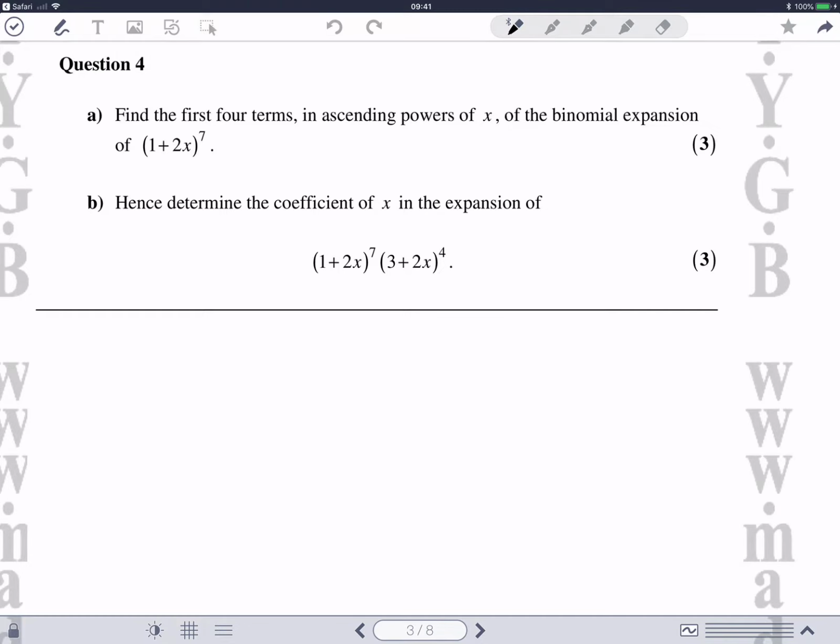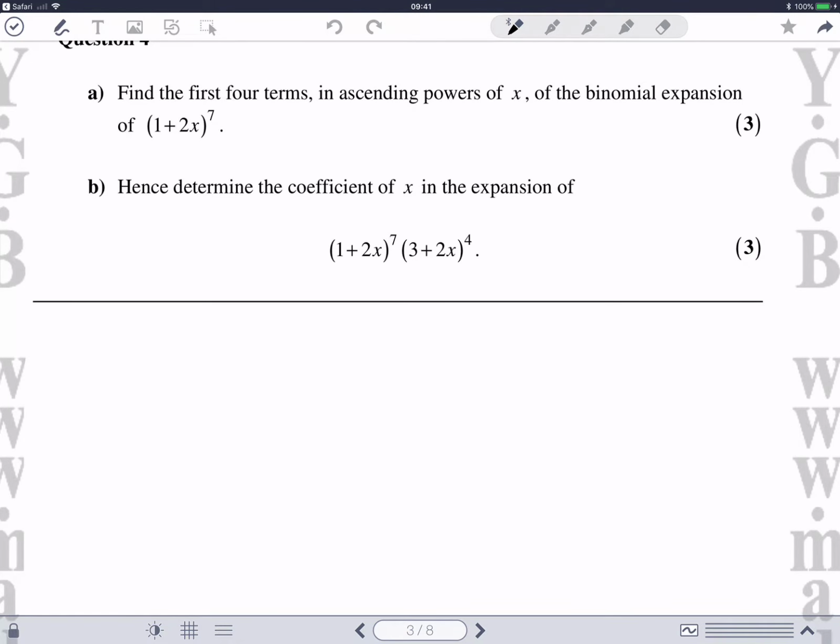Okay, this is the Madas MP1 paper N, question 4. This appears to be a binomial expansion question. So find the first four terms in ascending powers of x of the binomial expansion (1 + 2x)^7. Okay, so using the binomial expansion,